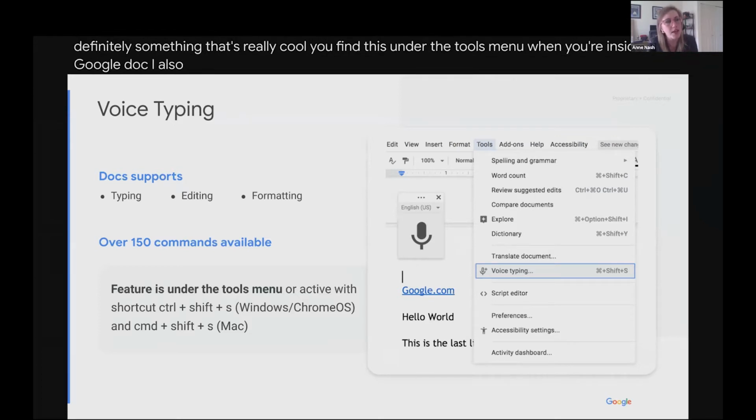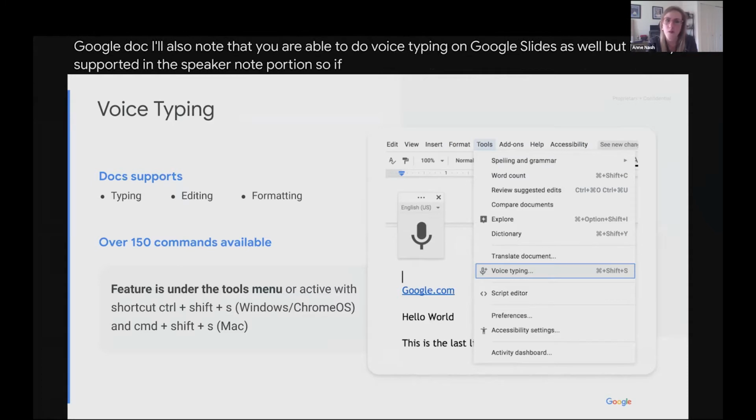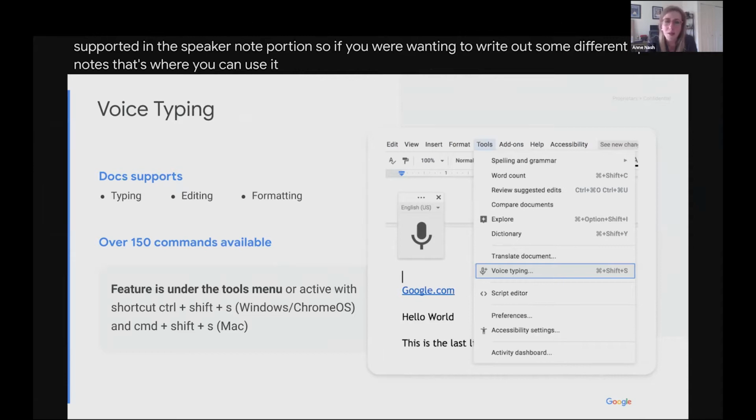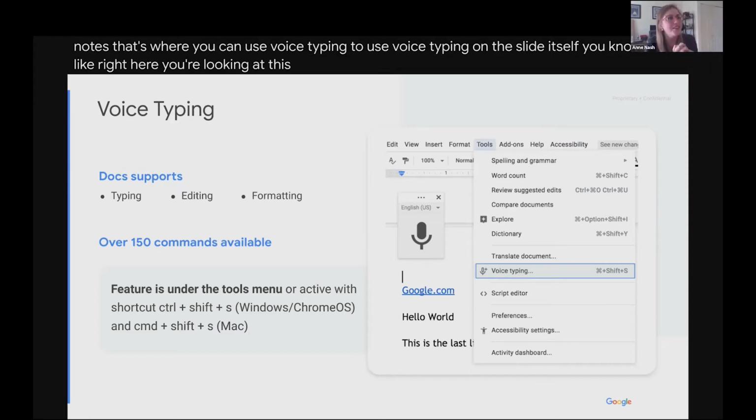I'll also note that you are able to do voice typing on Google Slides as well, but it's only supported in the speaker note portion. So if you were wanting to write out some different speaker notes, that's where you can use voice typing. To use voice typing on the slide itself, you know, like right here, you're looking at this slide, it has text on it. I'll get to that a little bit later, but there is a way to do it,